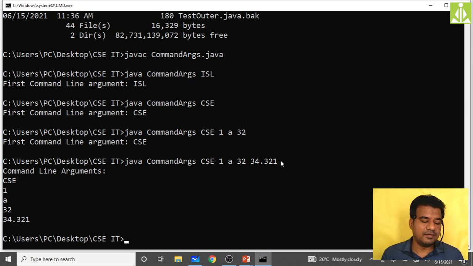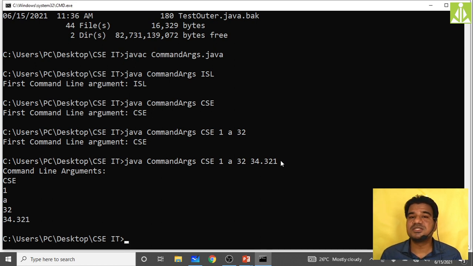Till then you just know how to read the command line arguments into your program. To perform functions like addition, multiplication, subtraction, we need to convert, because whatever values we are reading from the command line arguments are of type string, and that string object needs to be converted into integer before performing the operation.